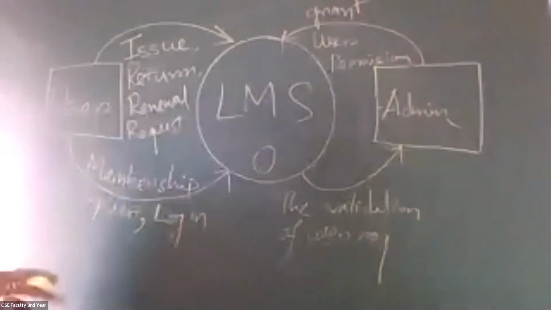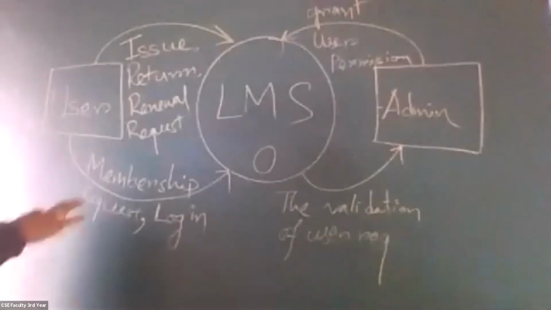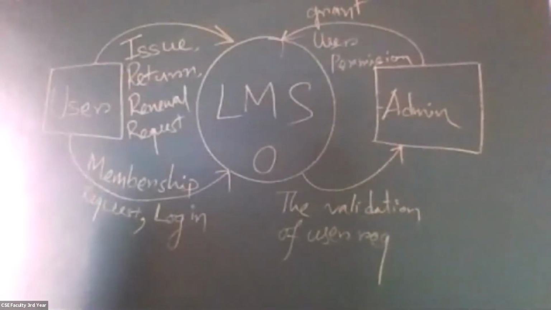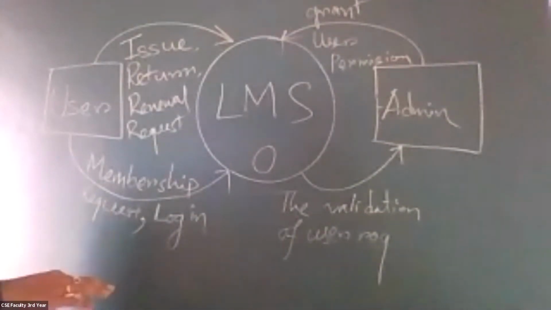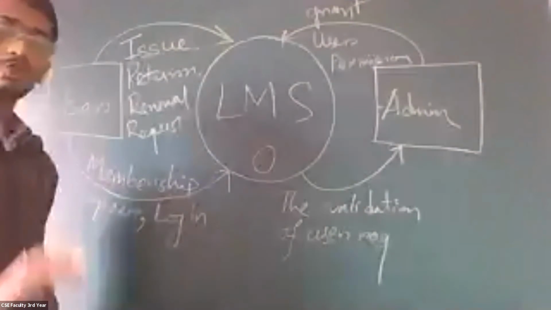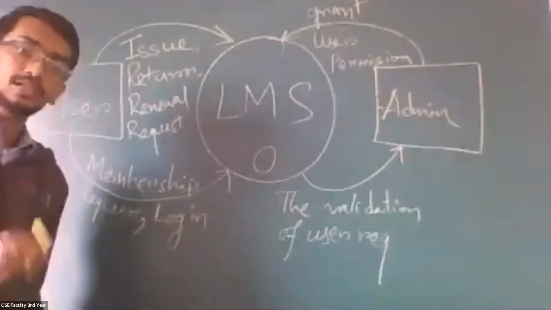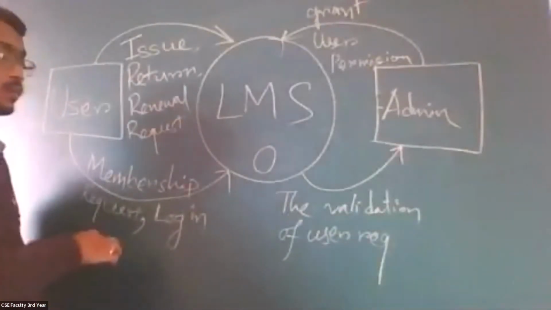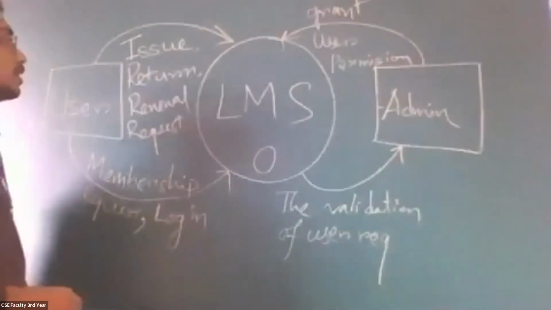So draw the level 0 DFD for library management system in this way. Okay. What we know in level 0 DFD diagram, or in context diagram, we'll just show one process and external entities. There can be two or more external entities. Okay. We have to mention the process number here. The process number is 0,